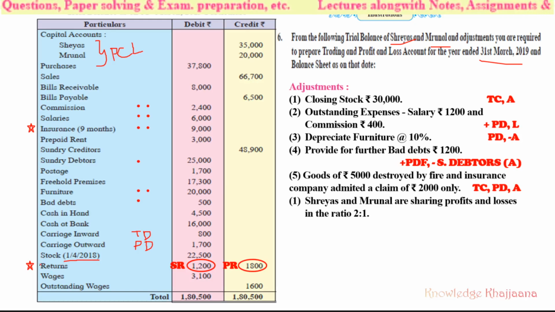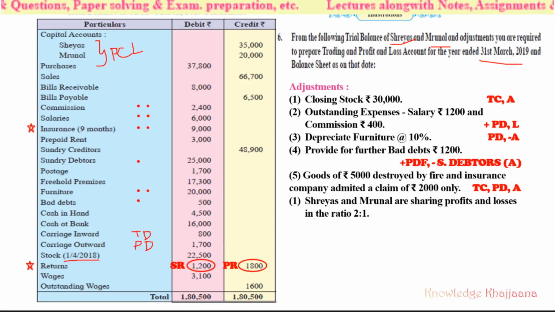Returns. See, this is the only different thing which has come in this trial balance. As two columns side by side have been made for debit and credit, only the word returns has been given. If the returns amount is given on the debit side, see what comes in the debit side, purchases comes. So obviously those are the sales return. And if the amount against returns is given on the credit side, it would obviously be purchase return. Why? Because sales comes into the credit side.